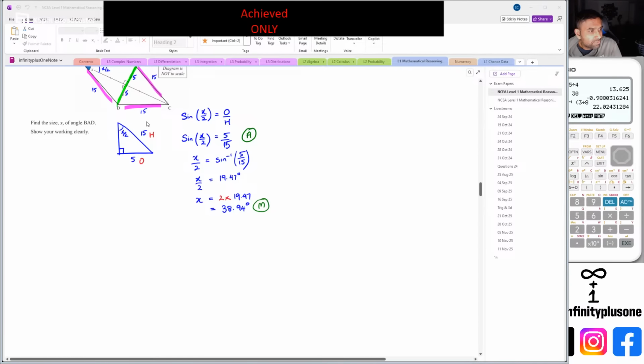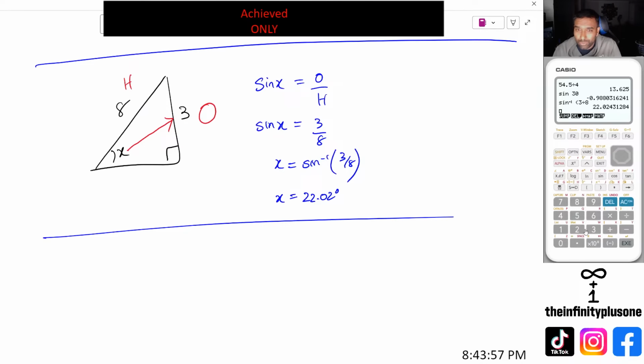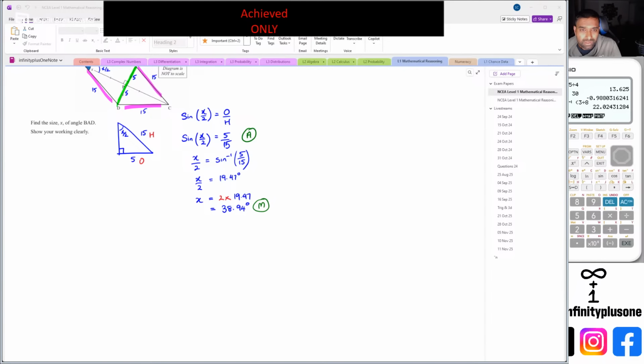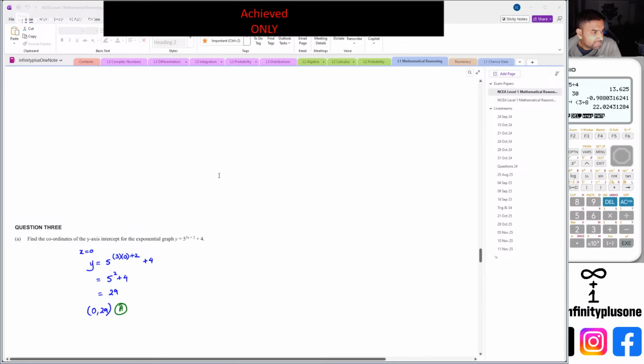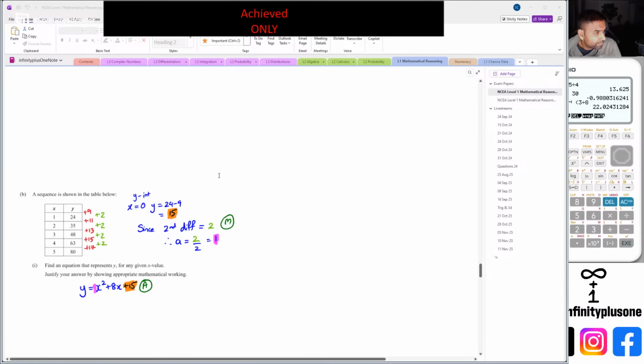Sometimes, if you're lucky, you get these types of questions where you solve for an angle, like we just did. That was an Achieved question, but they'll have one extra step, and one extra step means you're going to get a Merit. So yeah, keep your chin up, team. There are lots of things that you can potentially do. Anyway,